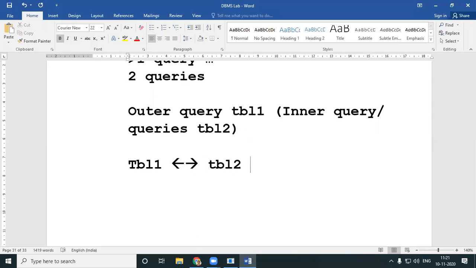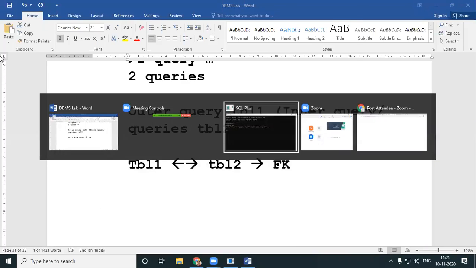How do you connect two tables? You will be connecting them via the foreign key. So very simple. When you need to write nested queries between tables, the tables are to be connected with the help of foreign keys.